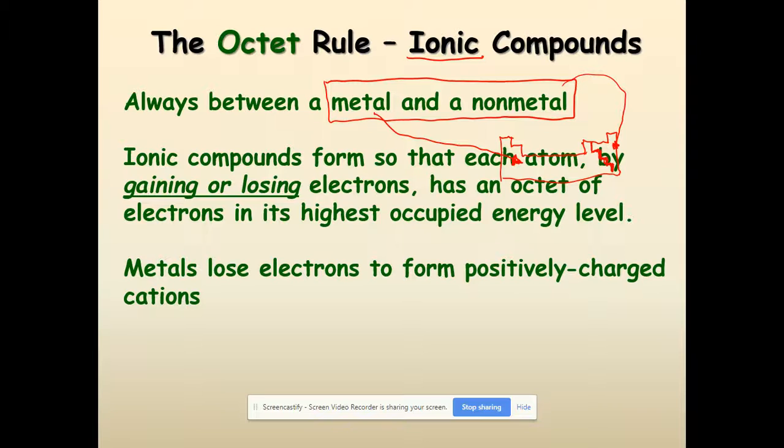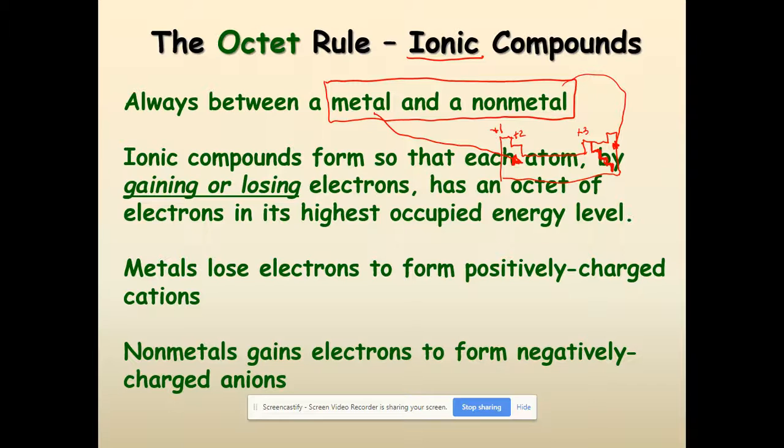Metals will always lose electrons to form positively charged cations. And remember, if we look at the periodic table, this column has a +1 charge, +2, and +3. And those are all the metals. Those are all the ones to the left of the staircase. Nonmetals gain electrons, therefore they form negatively charged anions. And again, -3, -2, -1. And obviously that's off a little bit because I didn't have room, but nonmetals form negative anions. Metals form positive cations. So metals, positive cations. Nonmetals, negative